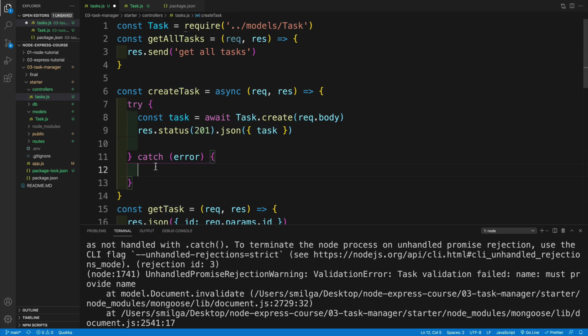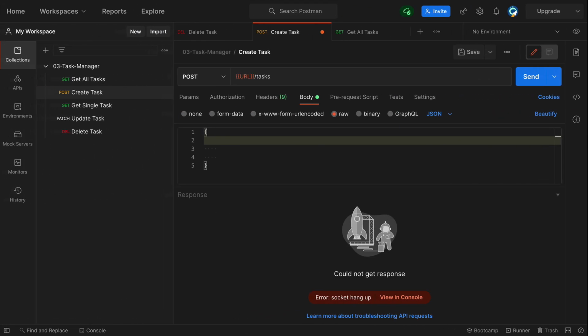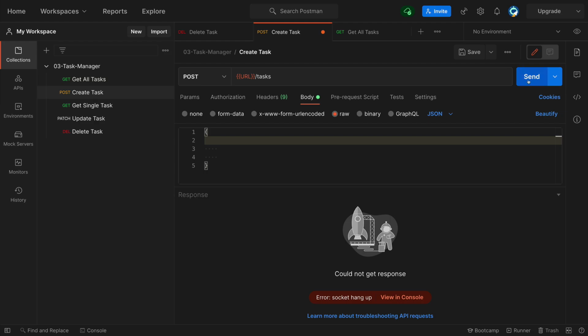And then the second thing, if there is an error, what do we do? Well, we could also send back the response. And in this case, the status is going to be 500. And effectively, that is just a general server error. And as a side note, I'm purposely using just a general server error status code, the 500 one, since we'll discuss errors in greater detail later in the project. And then we can go with a JSON, and I'll set up the message property, and I'll set it equal to my error. So now if we save, and if I go back, and if I send one more time,